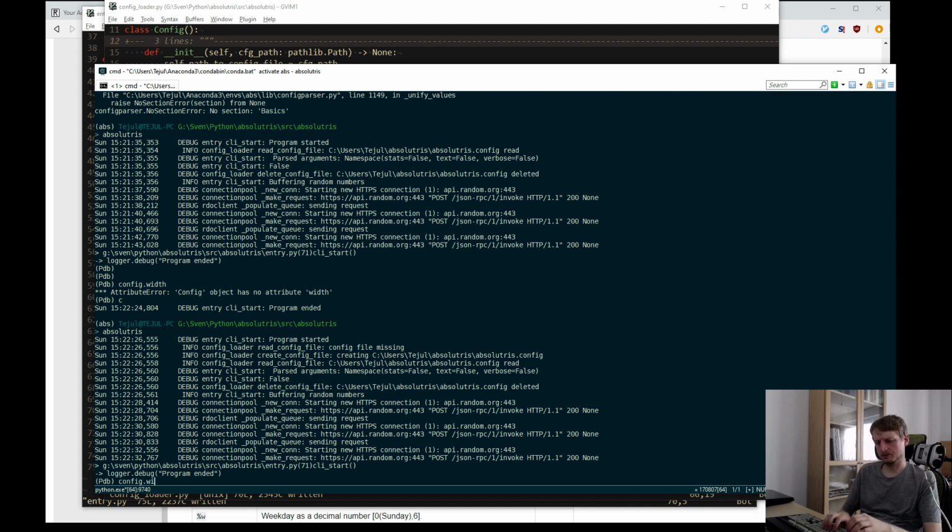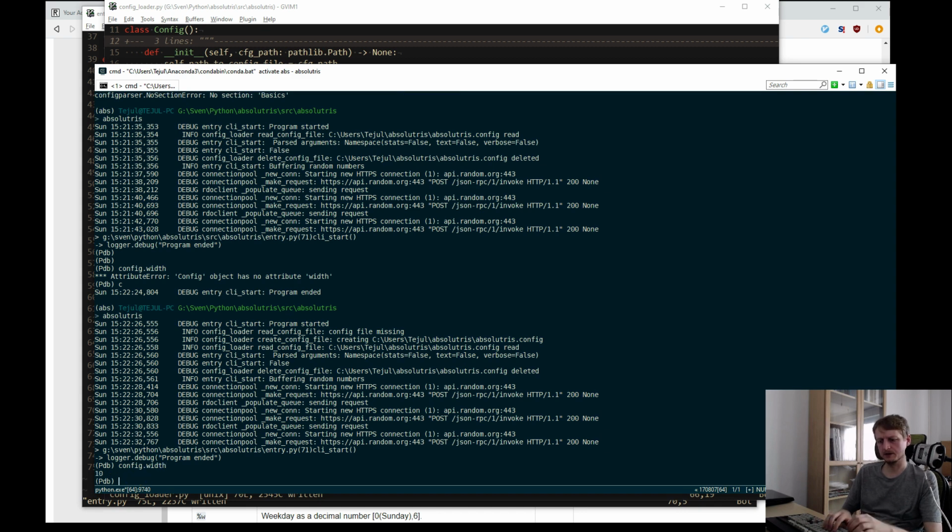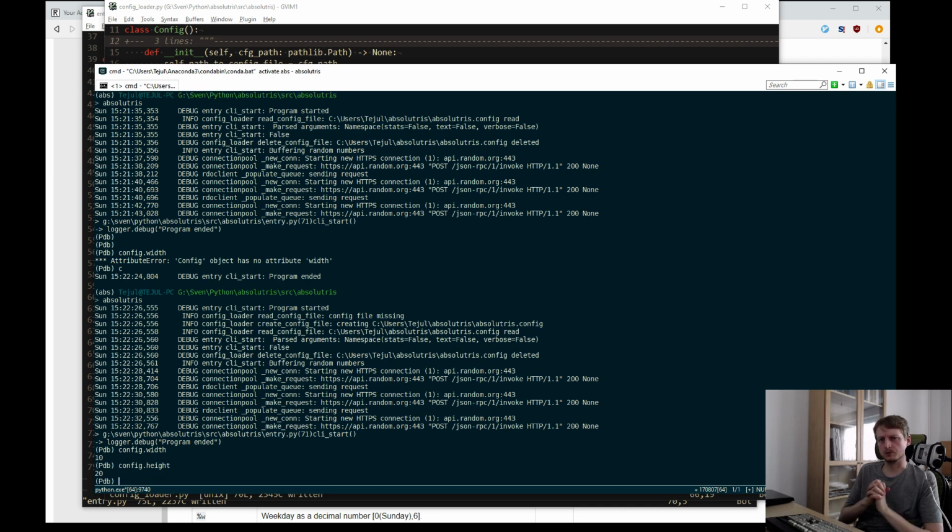So now config width is 10 and config height is 20. Yes, so now we have these numbers.